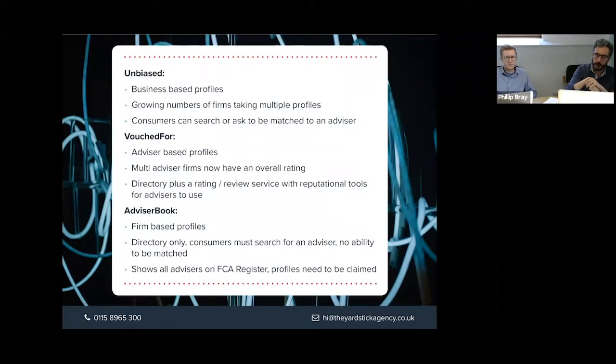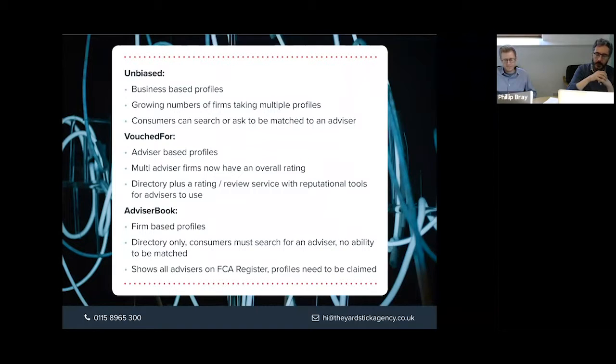So I was looking at an advisor profile yesterday and they got an average score of 3.3 out of 5 across about 20 reviews. That's really, really low for Vouched For. And the issue was that consumers were leaving inquiries. The advisor was clearly paying for them, but wasn't getting in touch. And then they got a series of 1-star reviews. So just be aware that it isn't only clients who can review you, it's people who have submitted an inquiry who can leave what's called a first impression. And if the first impression isn't great, they can drag your score down, as was the case with this particular advisor.